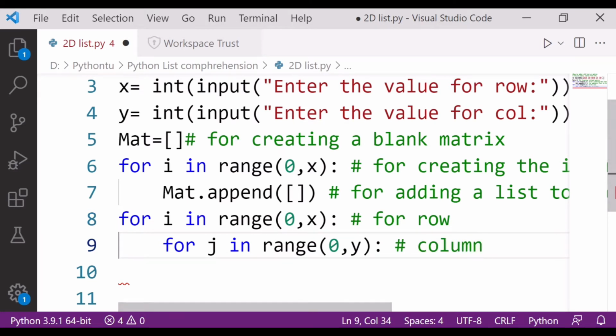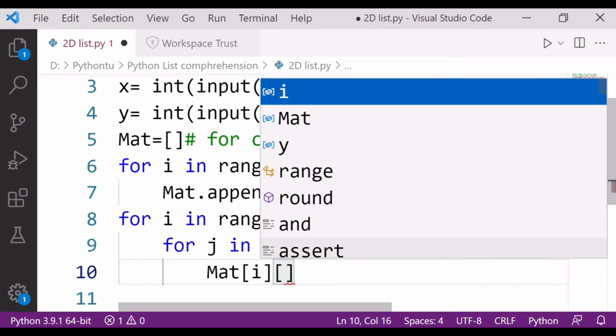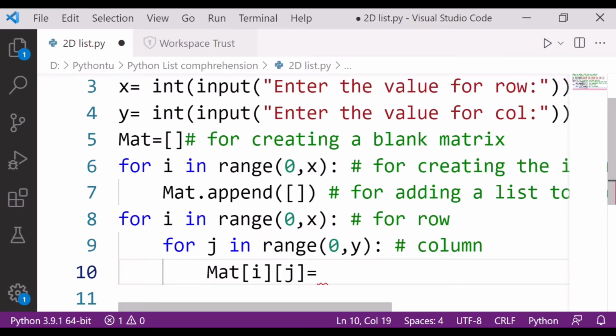Great. Now the next is what I am supposed to do here. Now I have to append to the matrix. So what I will write here is matrix i, then j. This was my matrix. Matrix i dot append j.